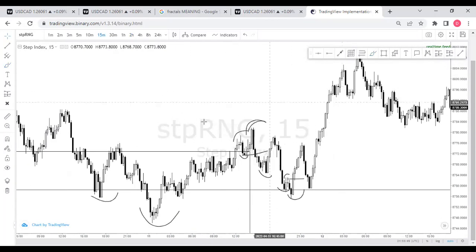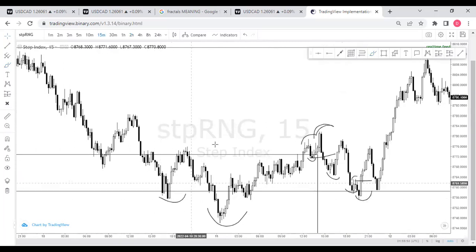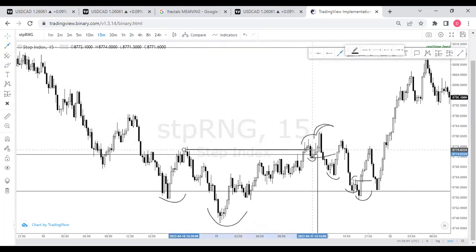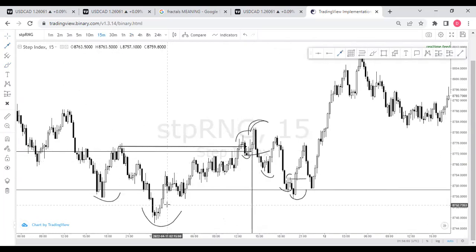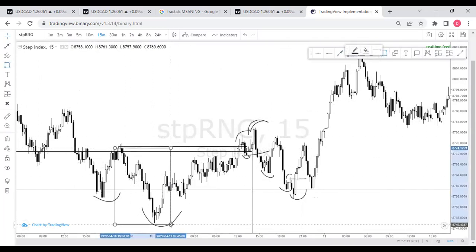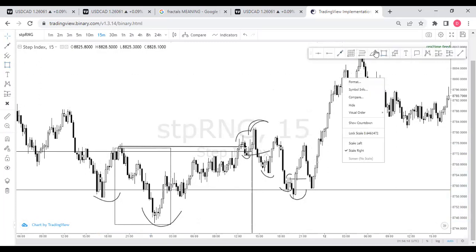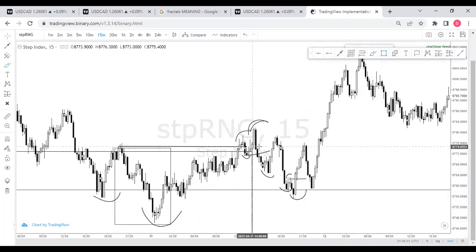What am I waiting for again? I'm waiting for the same thing, right? Lower low, lower high, lower low, and then we had a break of structure here. We had that break of structure. The last push down is where we are interested in, right? So when price came into that last push down, this last push down, what happened? We had lower high, lower low, lower high, lower low, break of structure. Once it broke structure, now I'm fine.